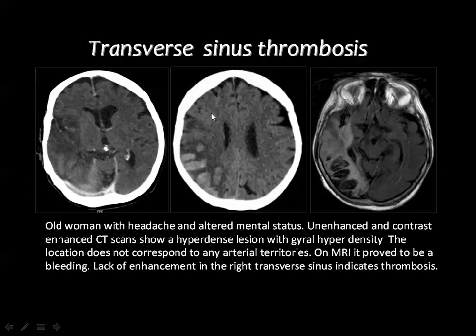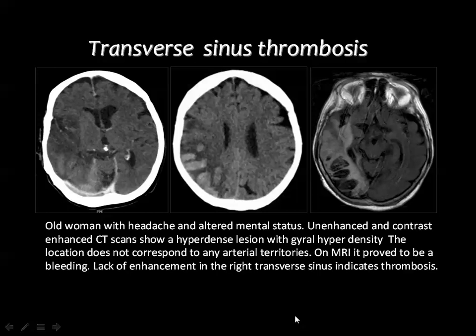Higher up in the parietal area, you see the hemorrhagic infarction with patches of hyperdense blood within the infarcted area. And on MRI, sorry, this is the FLAIR image, and you see the infarcted area of the brain